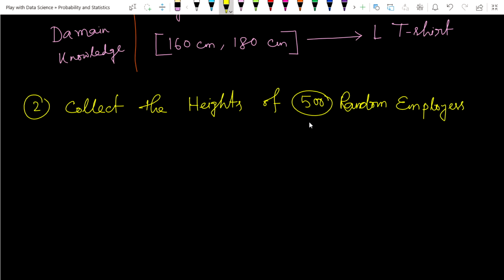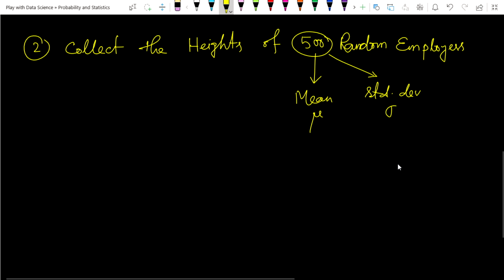Using these heights, we can easily calculate the mean, and also easily calculate the standard deviation. Let's take the mean as mu and the standard deviation as sigma. And from our expert knowledge, we can know: